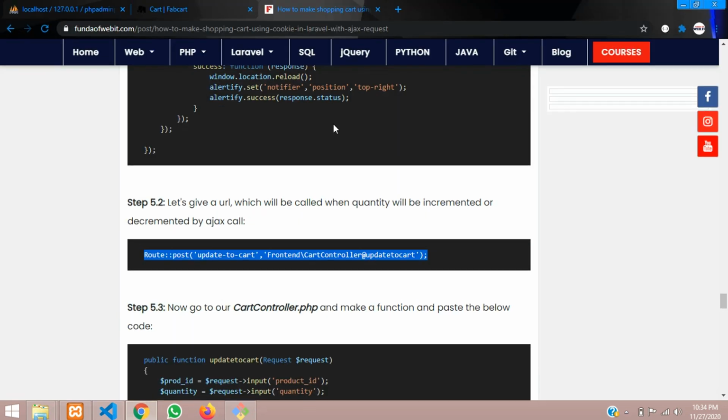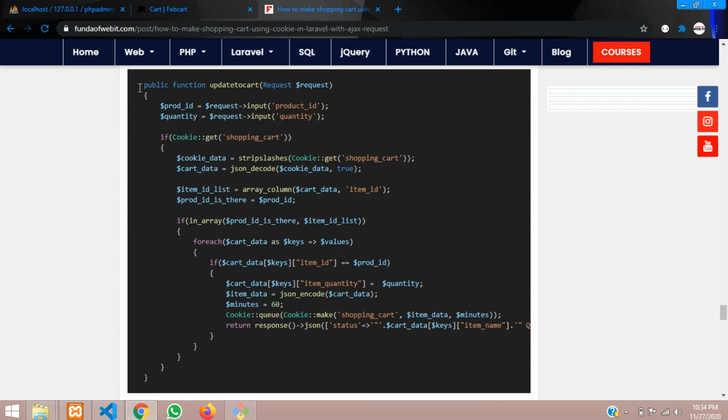I have already done that over here only. So I just want to explain to you very simply how we are following with it. Let me copy only the public function.